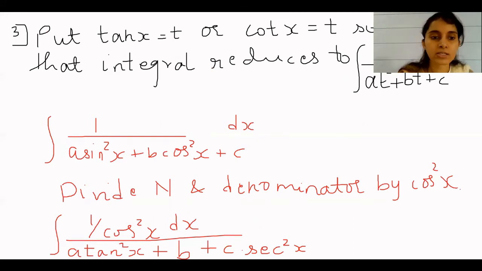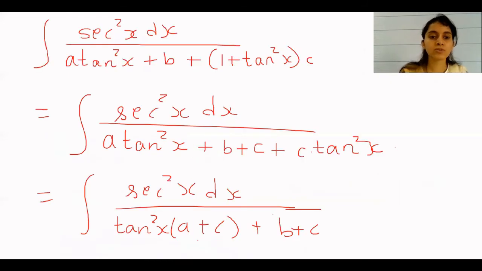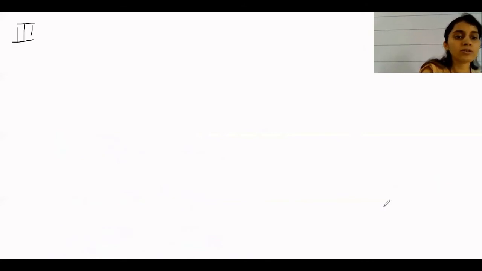So what are the steps? The third step was put tan x as t, get it to a quadratic, and then you use the previous method, that is the method of quadratics, to solve this integral. Clear? Okay, let's move to the third type now. The third type is also something similar to the one we just did, only there's no square value. That means integral of the type